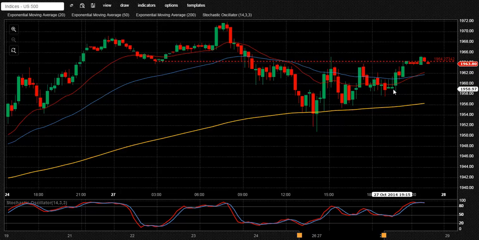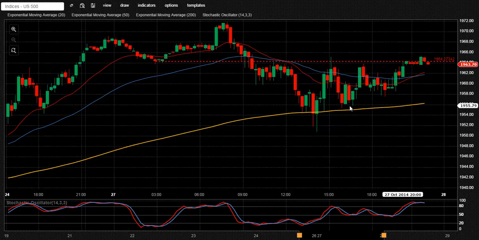Fed is meeting tomorrow. They're starting their meeting tomorrow, but obviously the big number is going to be published around 6 o'clock and 7 o'clock on Wednesday European time. So the initial support is around here at 1962. A loss of that level could potentially target